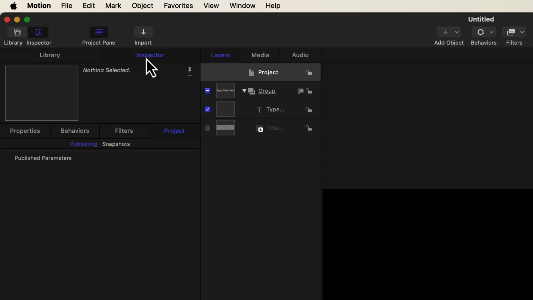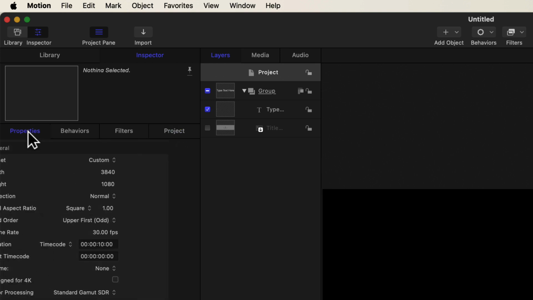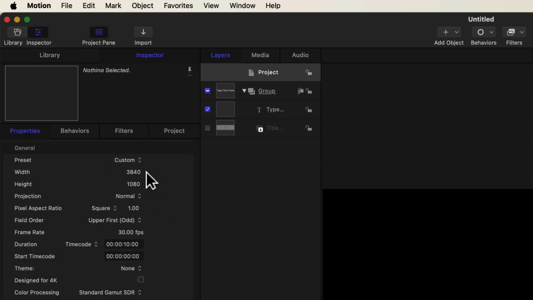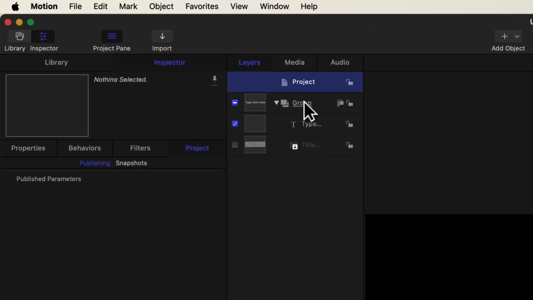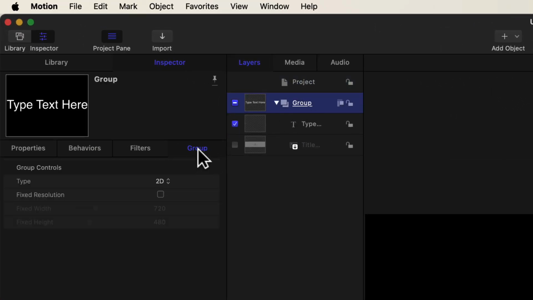So we'll go to the inspector and look under the properties of the project, and we do have the 3840 by 1080, 30 frames per second, square. So everything is good. So now we're going to start looking at configuring the project. We'll go to the group, and under the group subheading in the inspector there's an option for fixed resolution, and actually we want to change the fixed width of that to 1920 by 1080, as each eye will be that value,